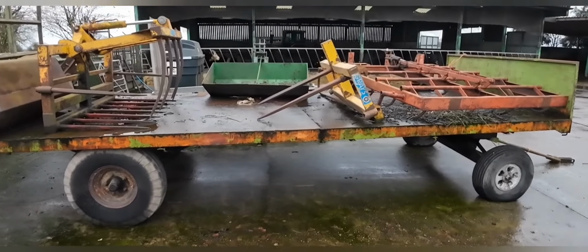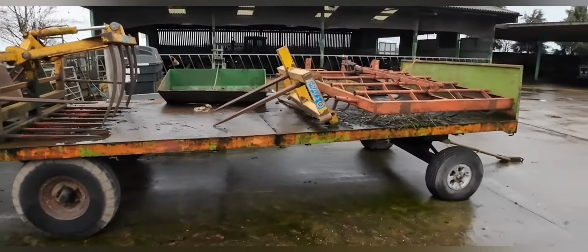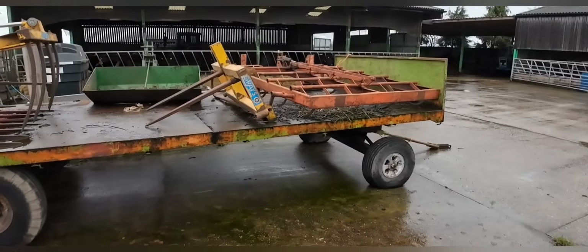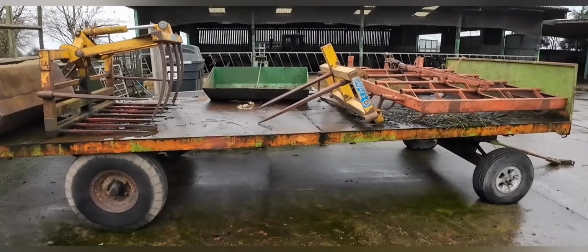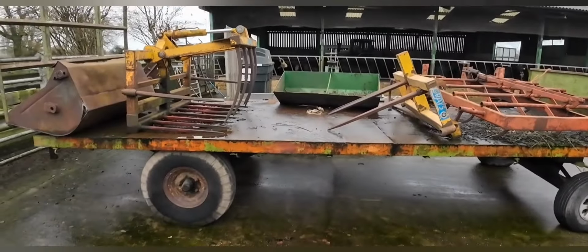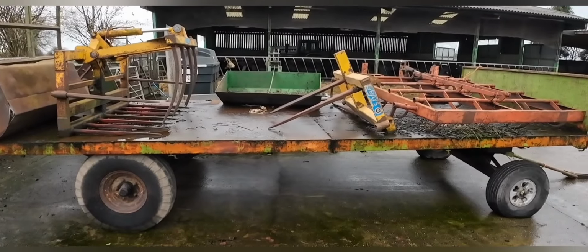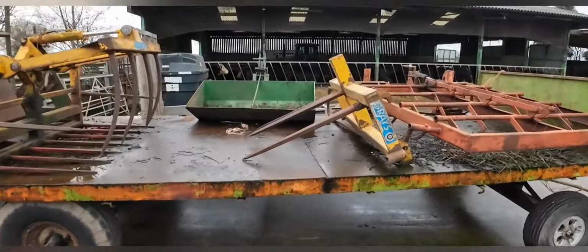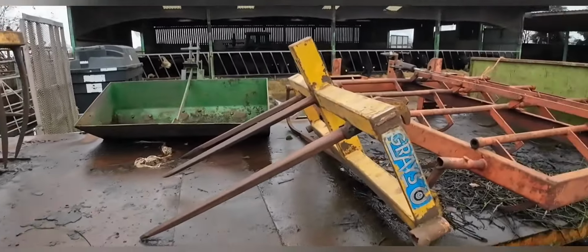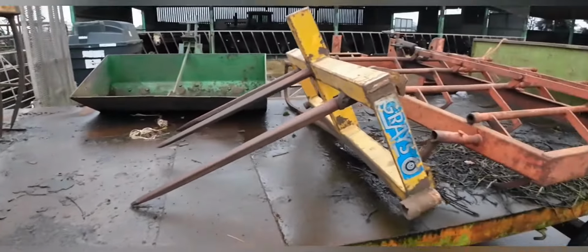And then it became a sort of useful space just to put stuff on. Dad didn't like leaving stuff out, the same as I don't really like leaving machinery out, so obviously the bale grab was on it, and these are other bits of buckets and things which we didn't use, and I've added to it with a couple of things. And it has been parked under the shed. It was parked under the hay bay,